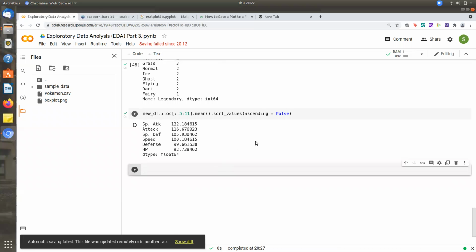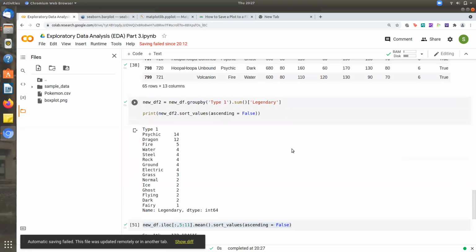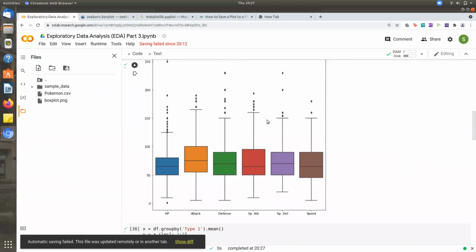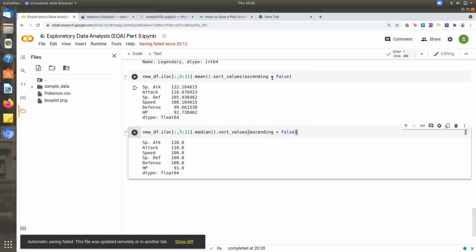which sort of decides if the Pokemon will be legendary or not. We can also take the median, because the mean can be biased, as we had some outliers as we noticed in the box plots. So let's also try the median. You'll appreciate more why I prefer the median. If you think about it, the median is sort of the center, and the mean is sensitive to the outliers, but the median is not sensitive to the outliers. So here as well, special attack and attack are the two important characteristics